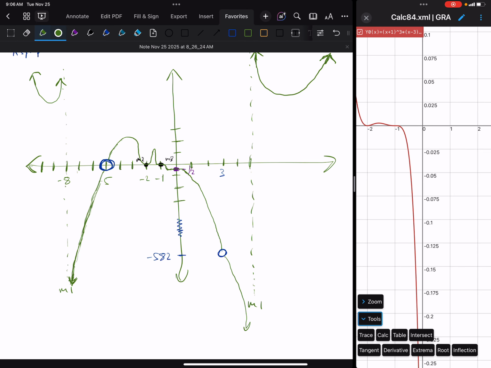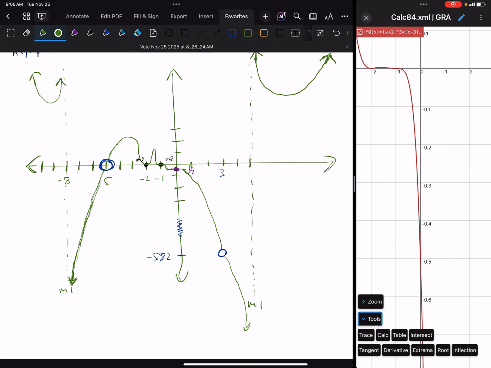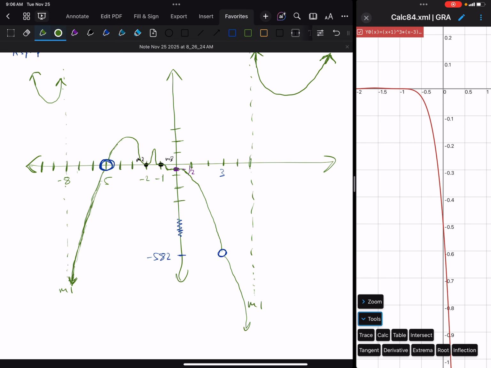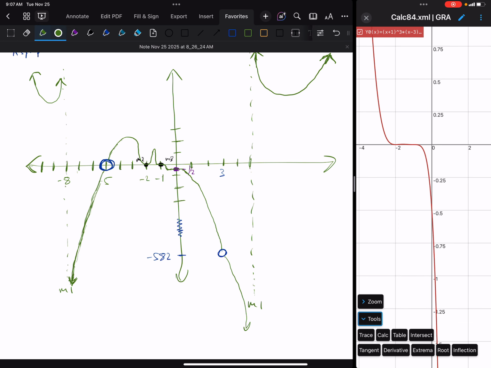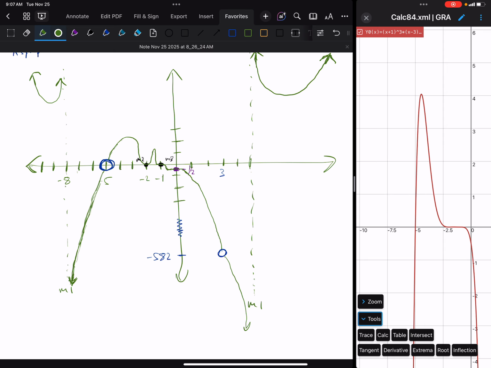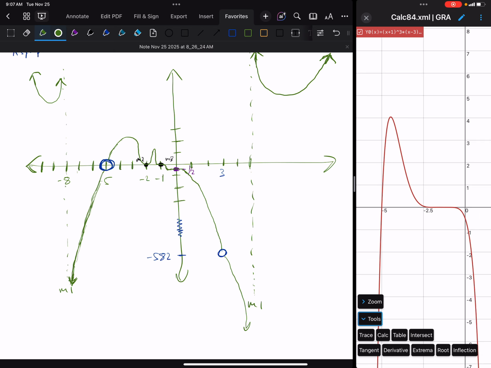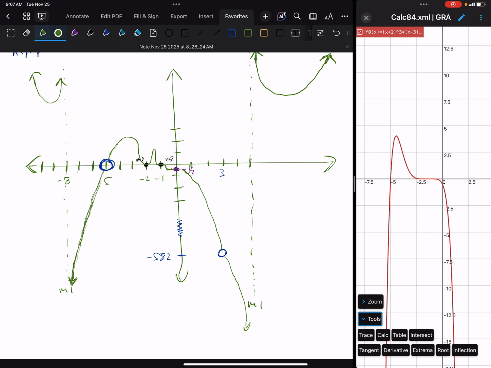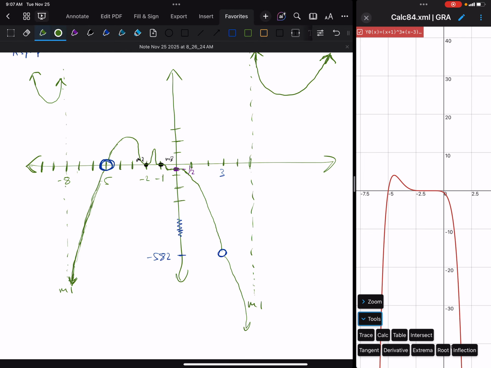Now, if I play with my scale a little bit here, I can see that my y-intercept negative 0.5 is correct. And so it's going through all those points that I said it would. And I also said we had no idea how high that bump was going to be. And so going up to 4, I put it around 2.5. Who cares? We had no idea about that. And then going down from there,